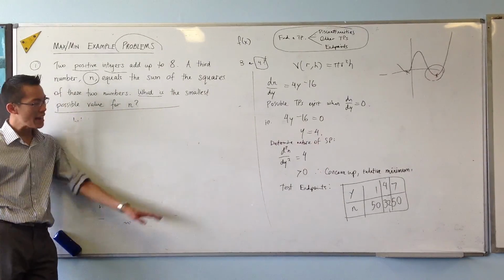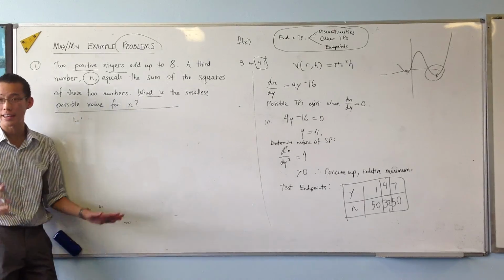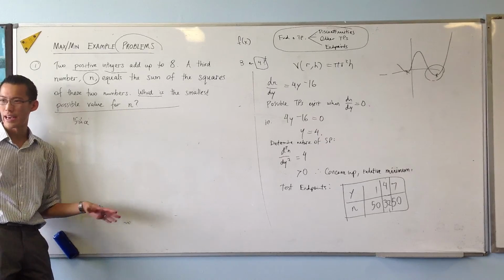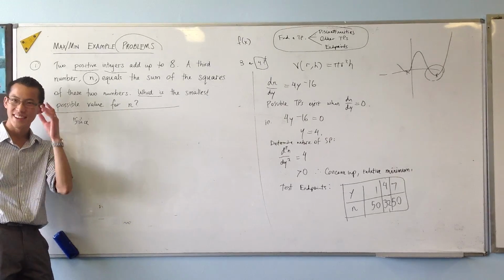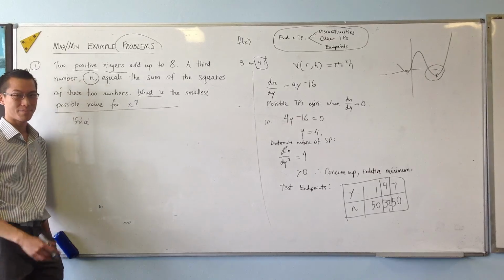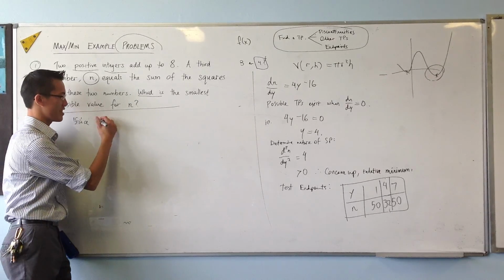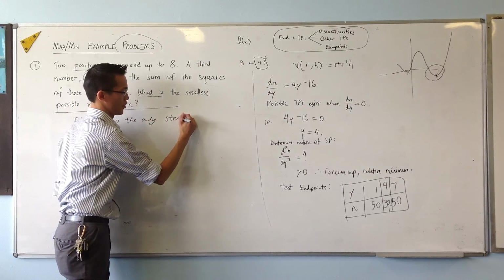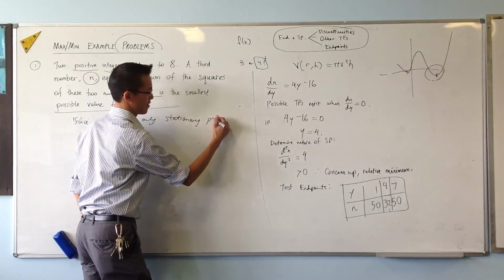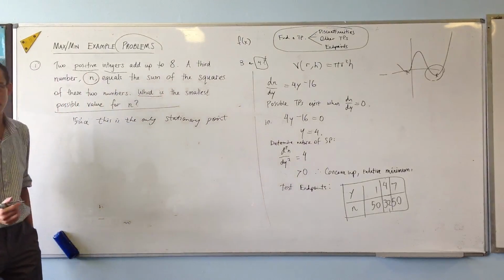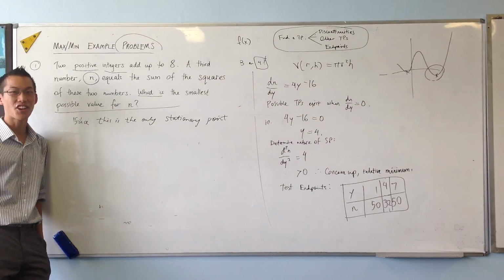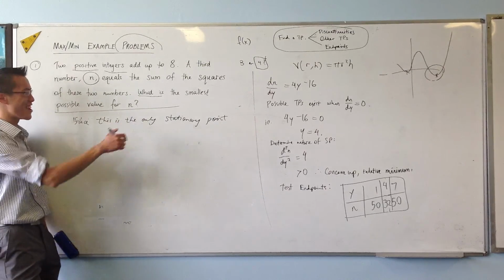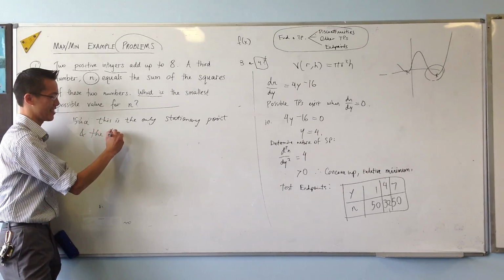So, now that I've got my stationary point, I've shown its value, I can say, since... Do you remember, there's this big long paragraph here. This is the only stationary point. If a function is continuous, which it is. Do we actually have to prove continuity? No. Since this is the only stationary point and the function is continuous,